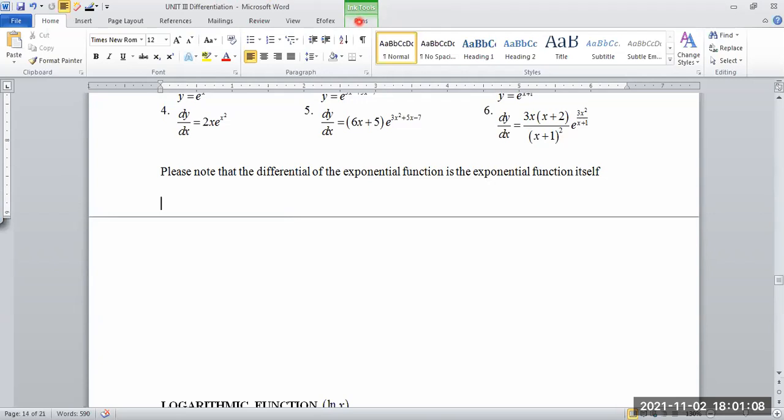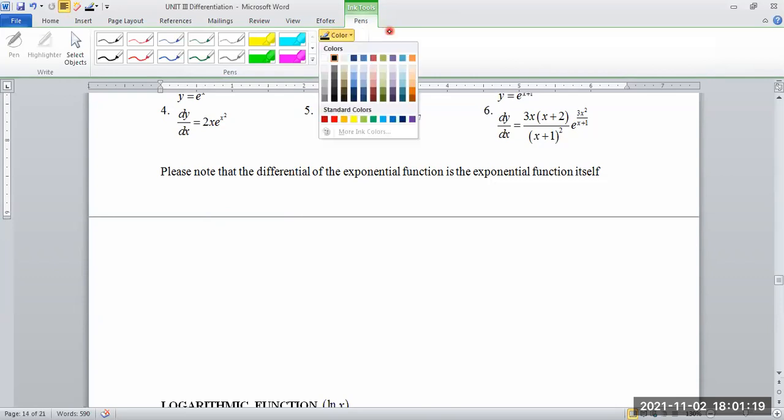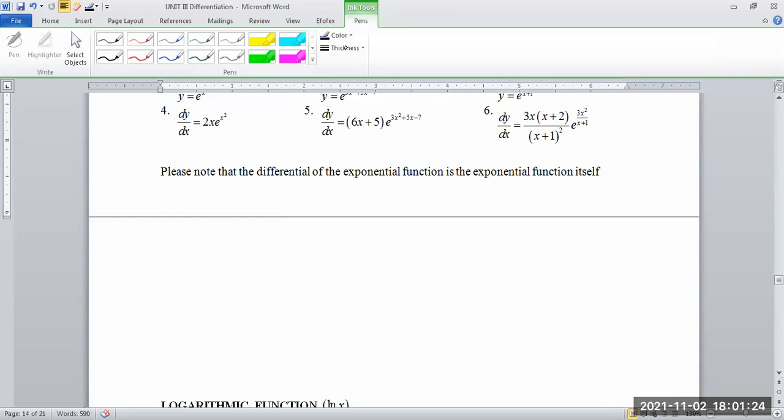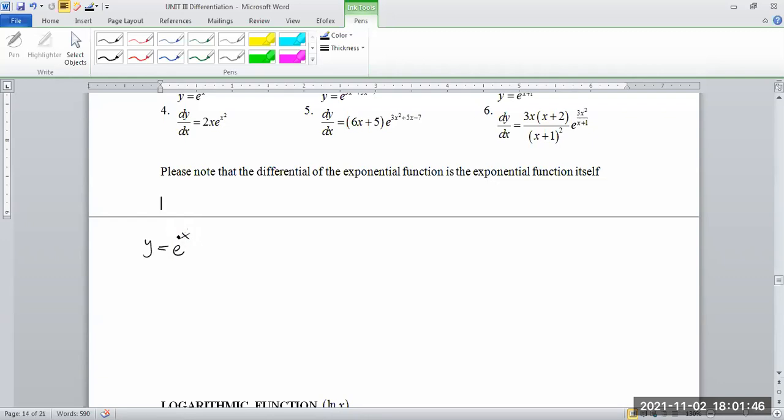So the question is, y is equal to e to the 3x squared